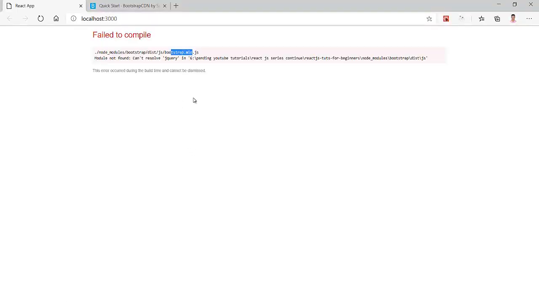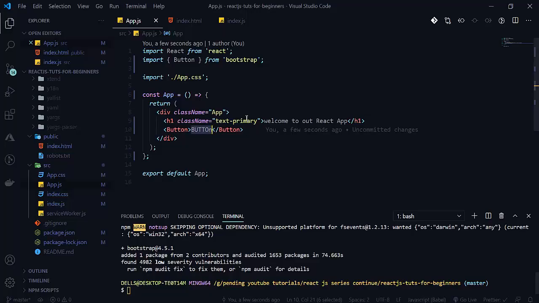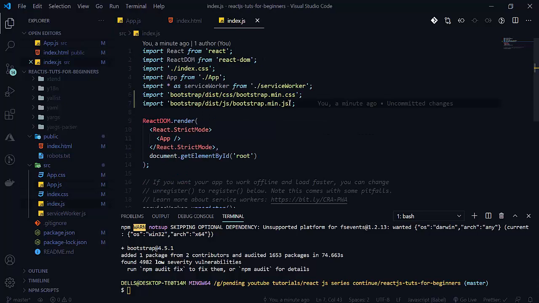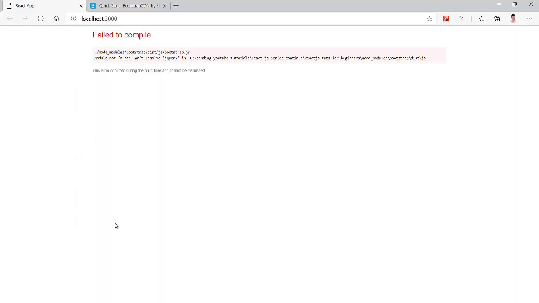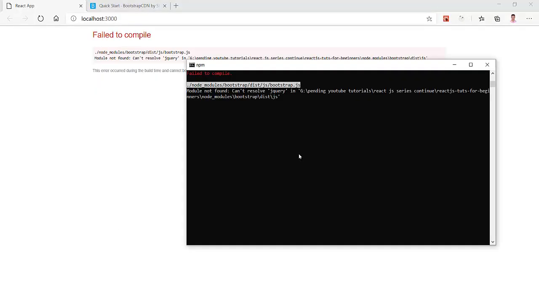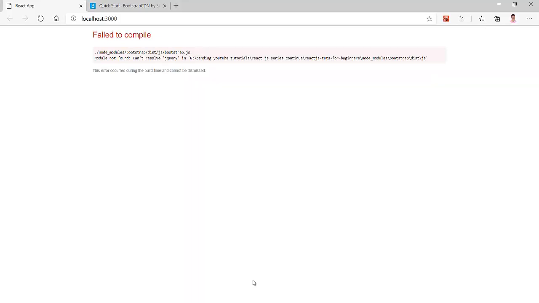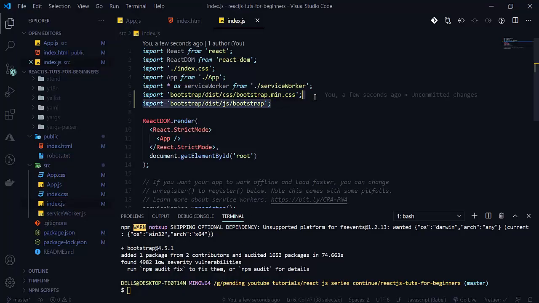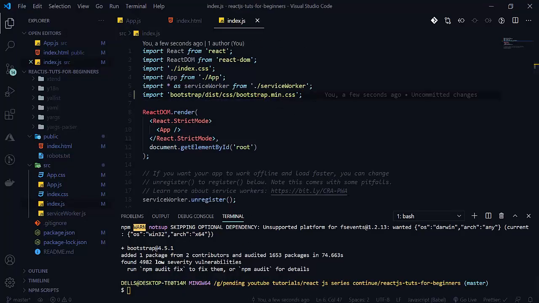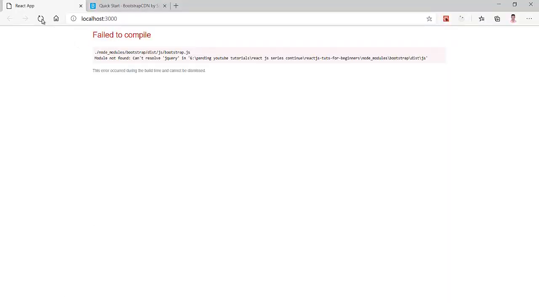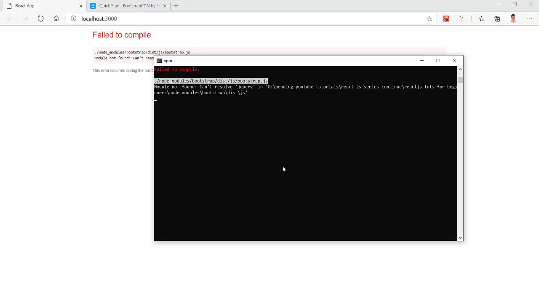So this is giving an error. The error is of our bootstrap.min.js, so simply remove this. So this is compiling now. Sometimes it gets an error here.